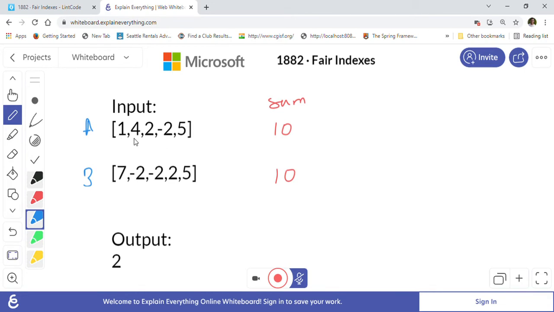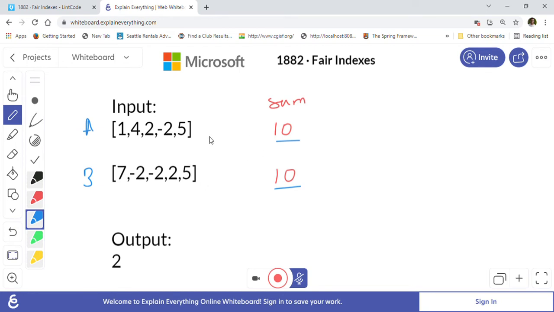The sum of array A is 5 plus 4 plus 1, which is 10, since the 2 and minus 2 cancel out. For array B, the sum is 7 minus 2 minus 4 plus 2 plus 5, which is also 10. So both sums of A and B are the same, and only then can they have fair indexes.